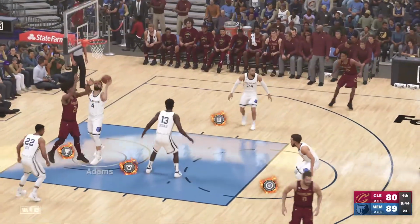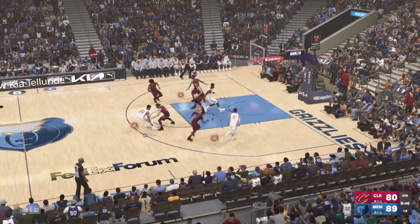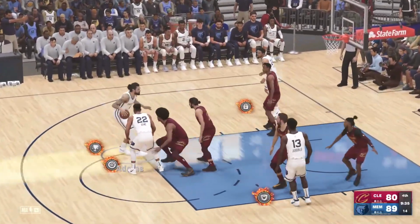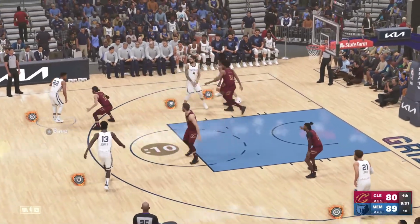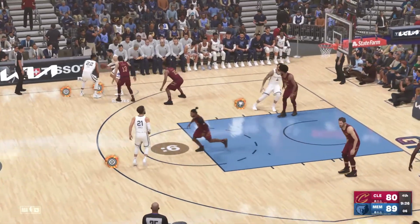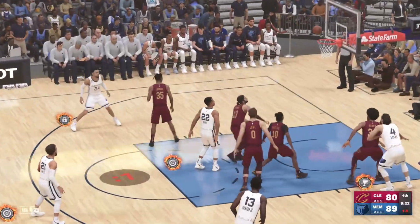Appreciate everybody being on. Oh, sweet little alley-oop to Allen, but he can't quite get the finish as he tried to kind of catch it and then toss it back behind him for a kind of reverse layup alley-oop. Kind of a bad pass from Garland, and now all of the players on the Grizzlies, you can see their little emblems are on fire. Oh, but stolen by Rubio, but picked up by Brooks. Here's Bane again. He'll try the three-point line now. We'll go to the foul line. Brooks